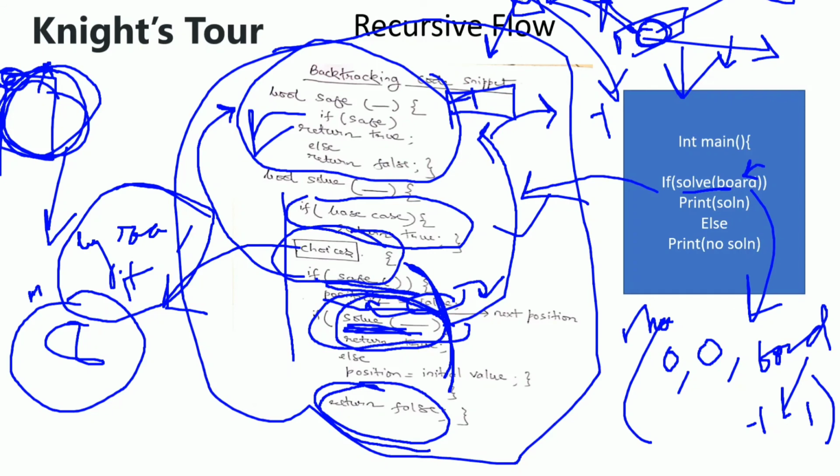Suppose the choice was this, but in this path there are no choices available for the knight. So it will move to the caller. Then after moving to the caller, it will find some different direction where the movement is safe. So it will go to that point. So this is a recursive flow which we are going to use in our